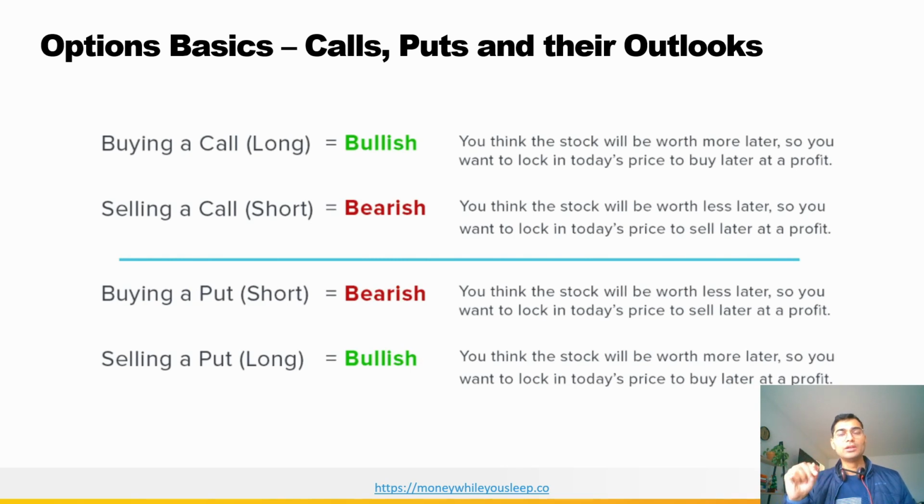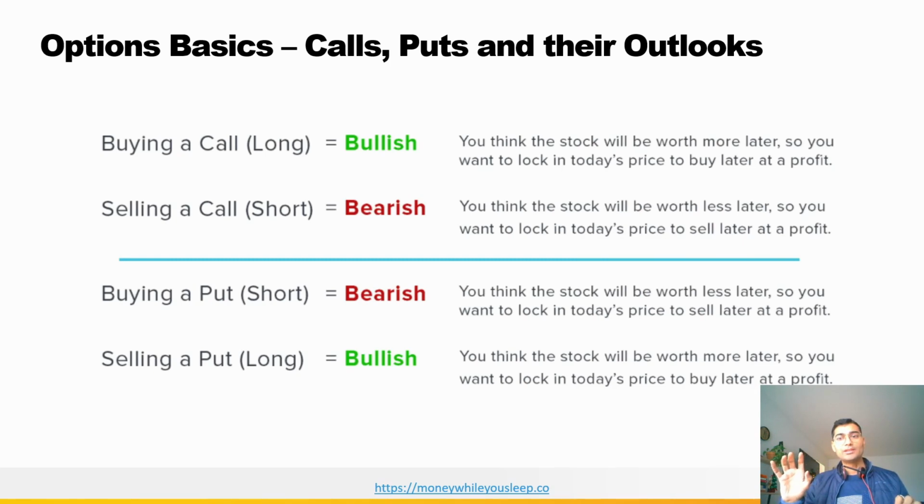How does that work? At the same time, if there is a buyer of a contract, there has to be a seller who is going to sell that contract. So there is a buyer of a call, and then there is a seller of a call. And if the buyer of a call is bullish about a stock, the seller of a call, because he is giving that insurance to the buyer, has to become bearish about that contract. That makes sense.